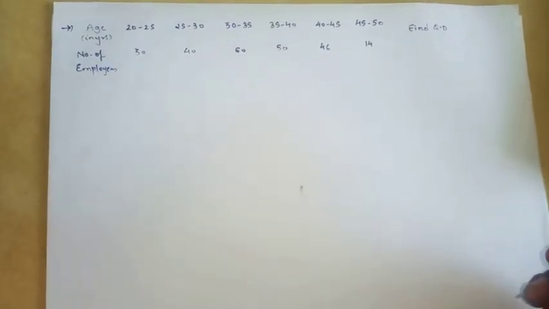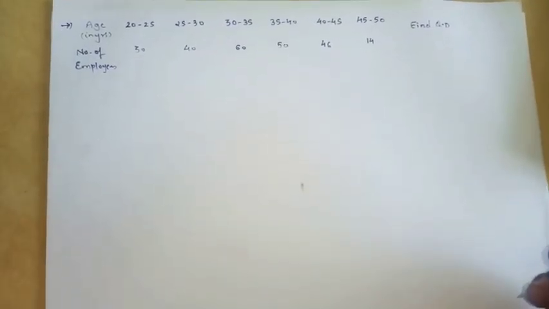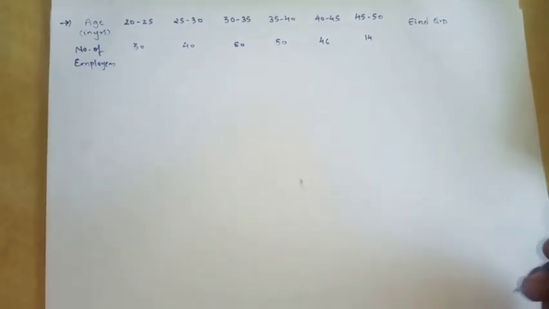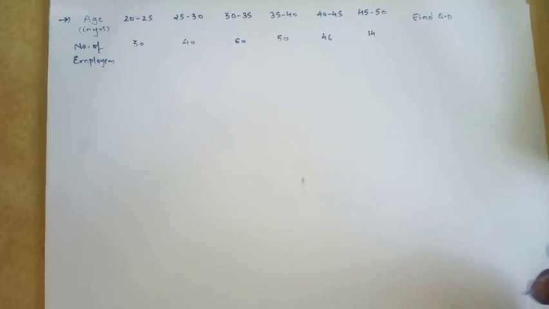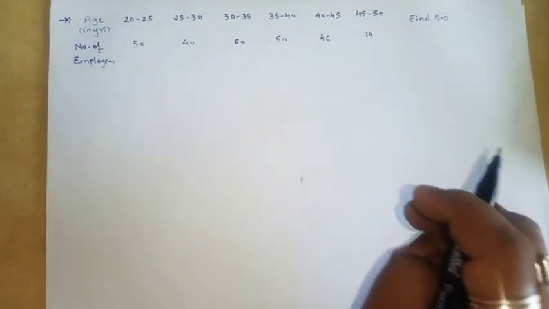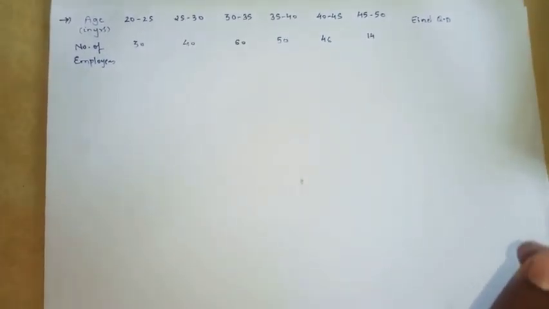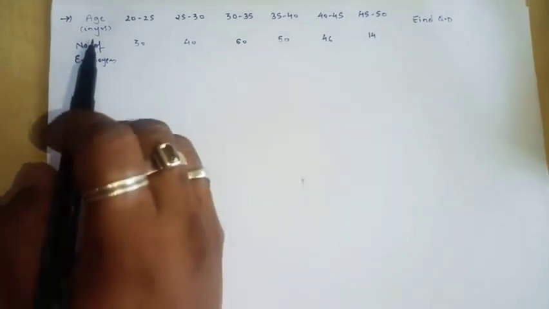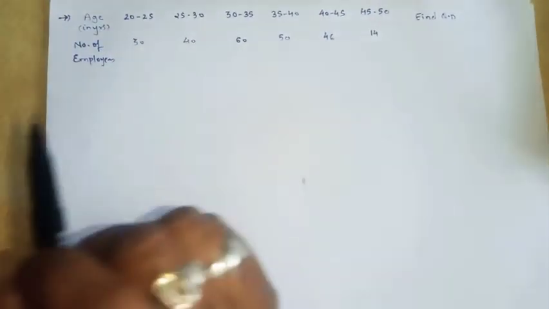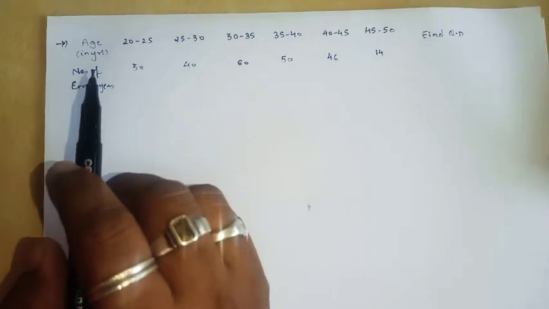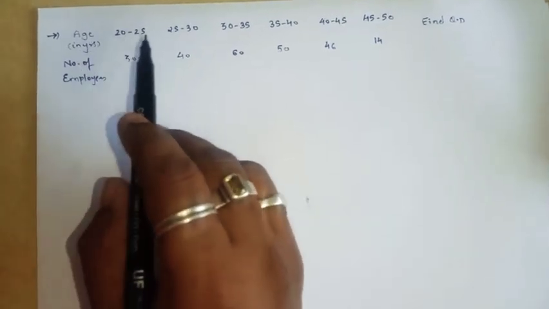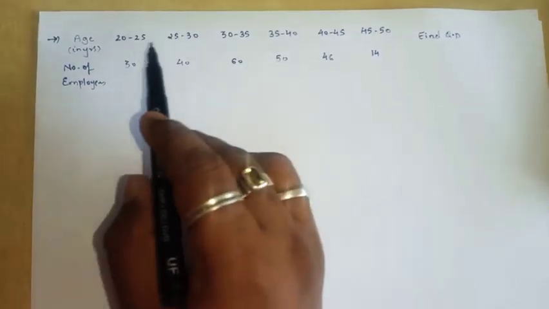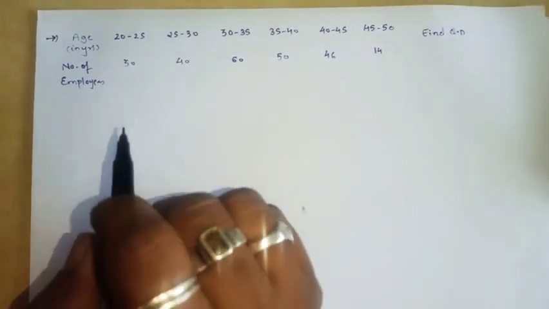Hello student, as in the last lecture we had covered the sums based on type number 1 and type number 2, and even we saw how to find the range. So today we're going to see type number 3, where we'll see when the class is in group. As clearly we can see, the class which is given is in group, and the class which is given is actually continuous.